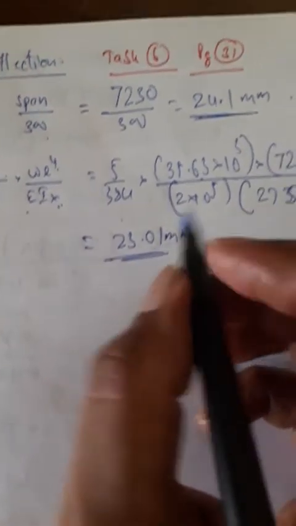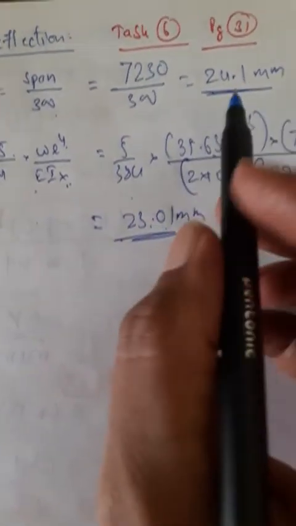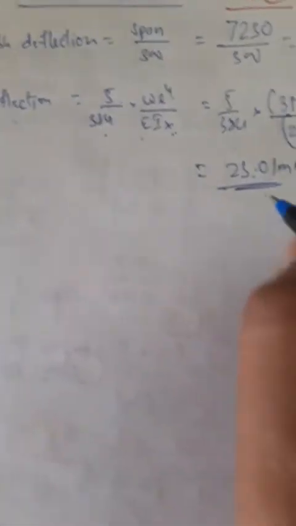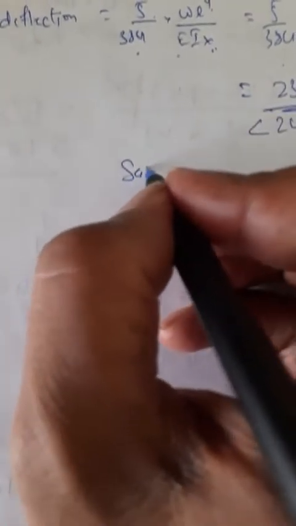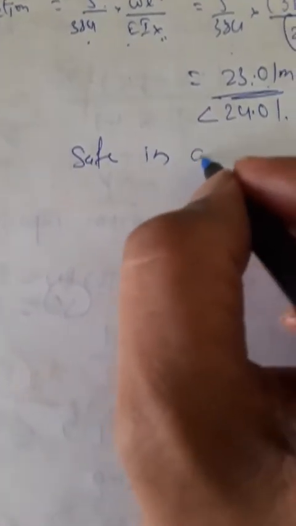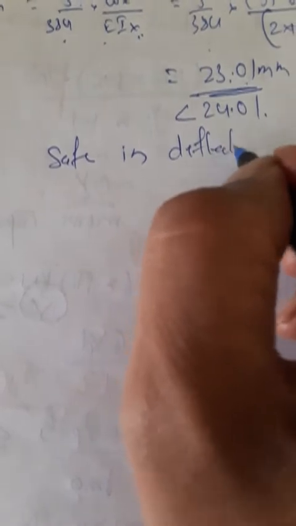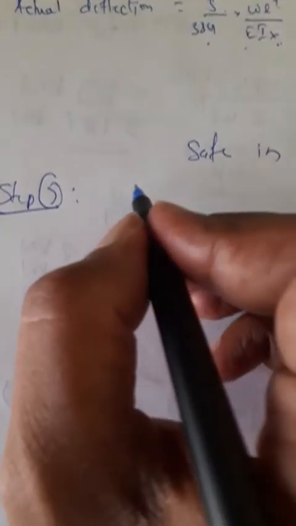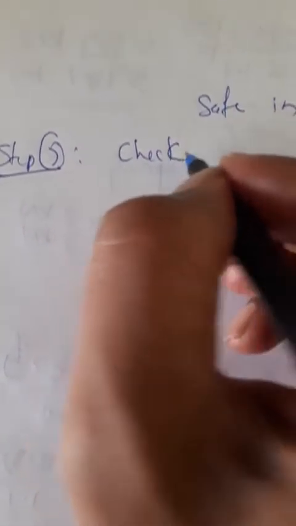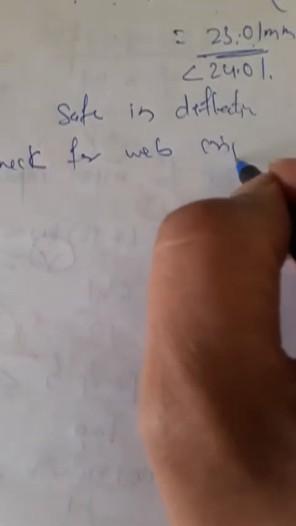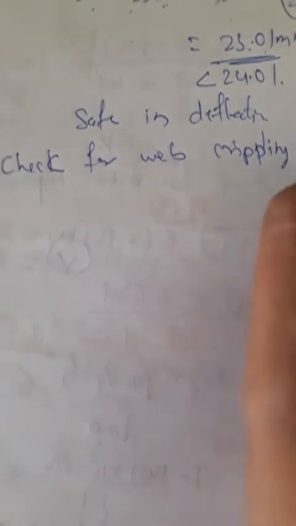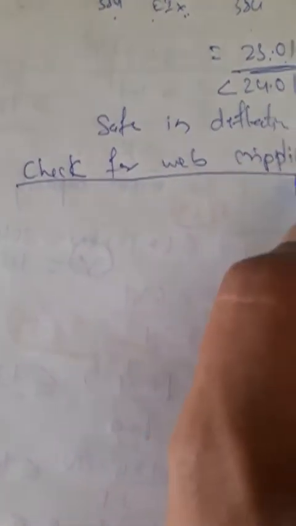So I have to compare this value and this. Actual should be less than permissible. Hence less than 24.01. Hence safe in deflection. So next step will be step 7. Check for web crippling. Check for web crippling. So for this, refer